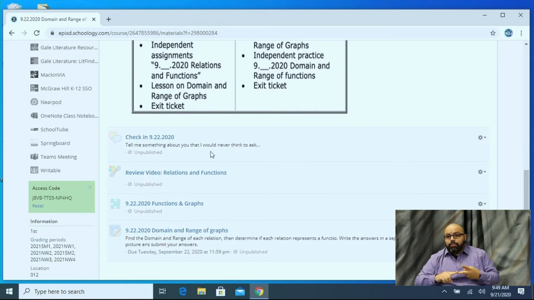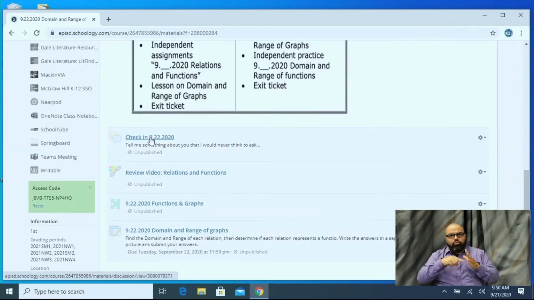The second thing I would do after we review the agenda is a SAL check. I would do a check-in with them. This check-in is on Schoology as well. As you know, SAL checks can be group, individual, or whole class activities, whatever you think is more comfortable for that specific activity. For this case, I am going to do an individual activity, and then I am going to have whoever wants to share their response with me.